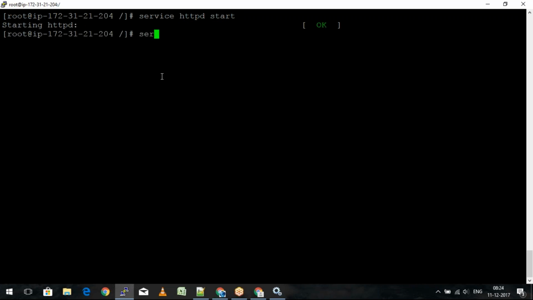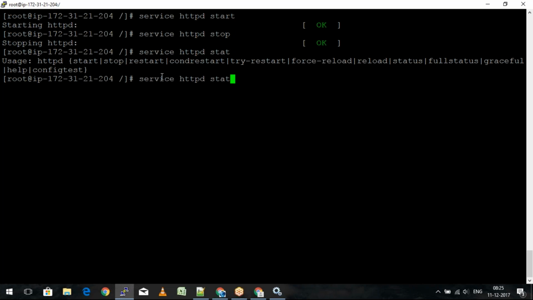If I have to stop it, it's very simple. Service HTTPD stop will stop the Apache service. Now let's go back and start it again. These are all the commands you can look for: start, stop, restart, condrestart, try-restart, force-reload, reload, right? These are all things that you can put after HTTPD. So we are basically starting the service. Now that we have started the Apache service,